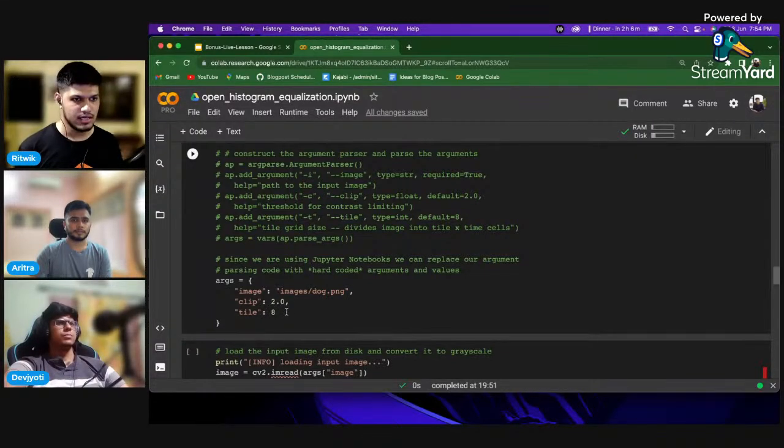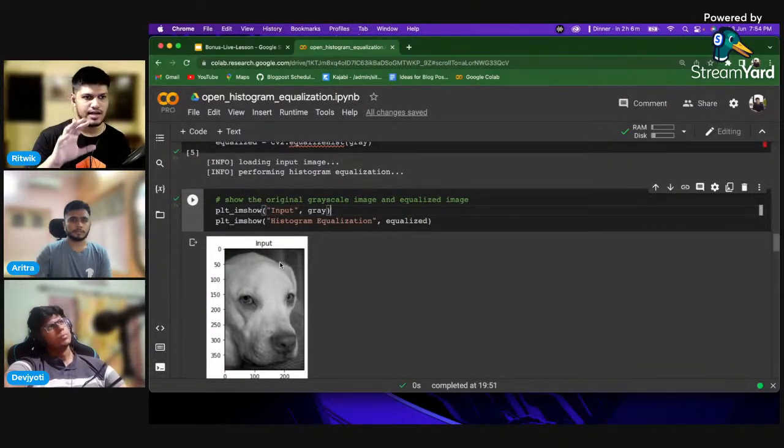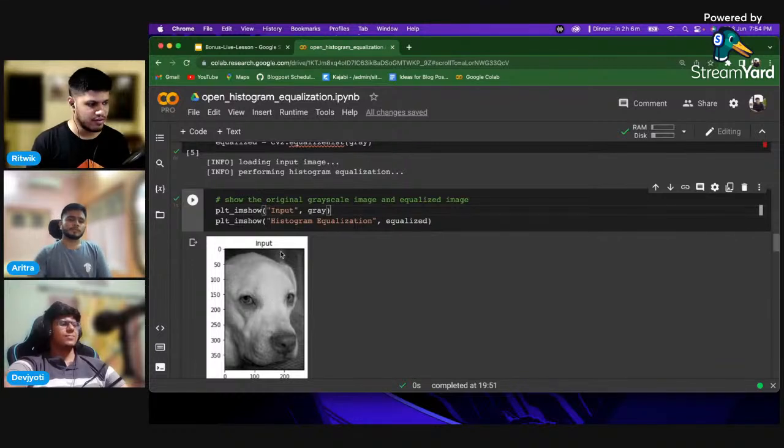And then what is tile? Tile is basically the dimension, or the m cross n block, in which you will be breaking the image. So if you look at this image, and as I said, there is something over here which is not exactly visible in the standard histogram equalization. So what we need to do is tell the algorithm that this block is essentially separate from this block and from this block. So we'll be dividing the entire image into blocks, and then those blocks will have histogram equalization